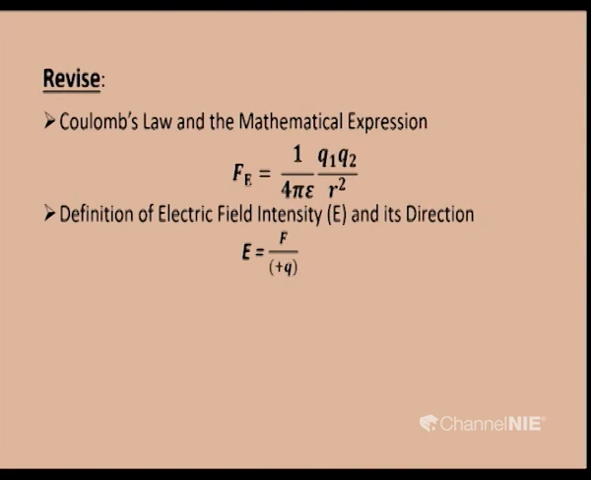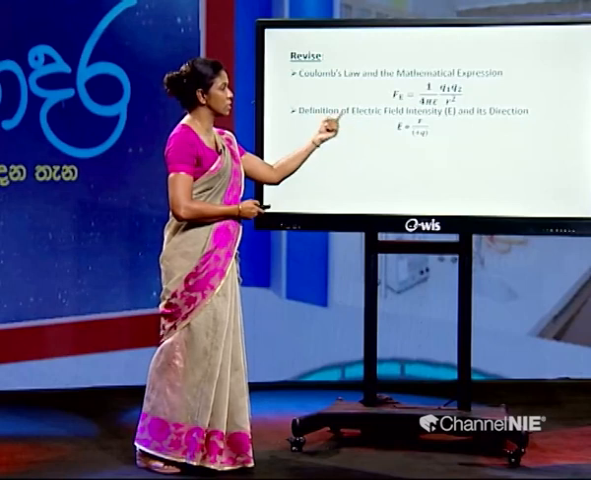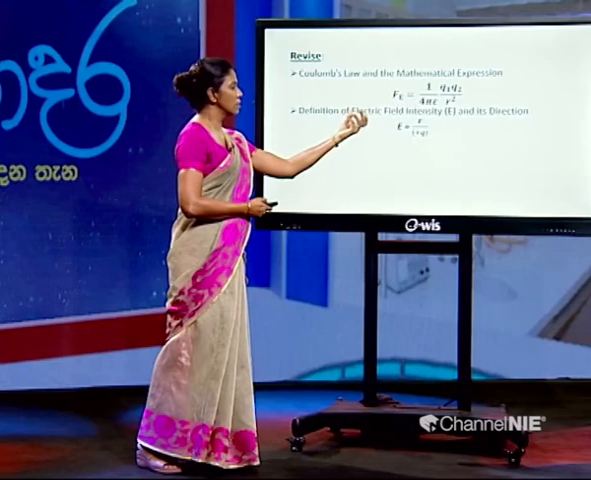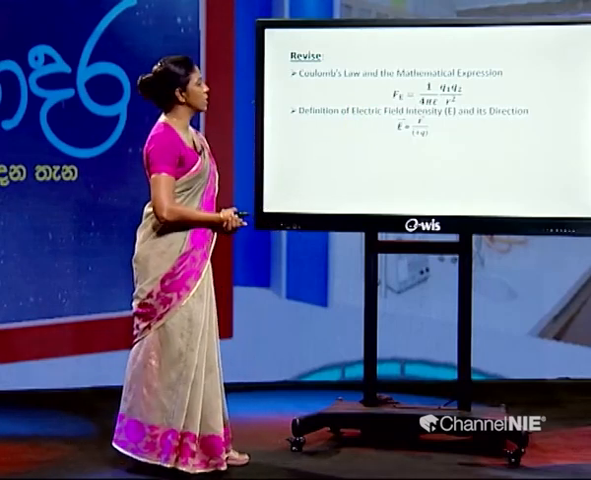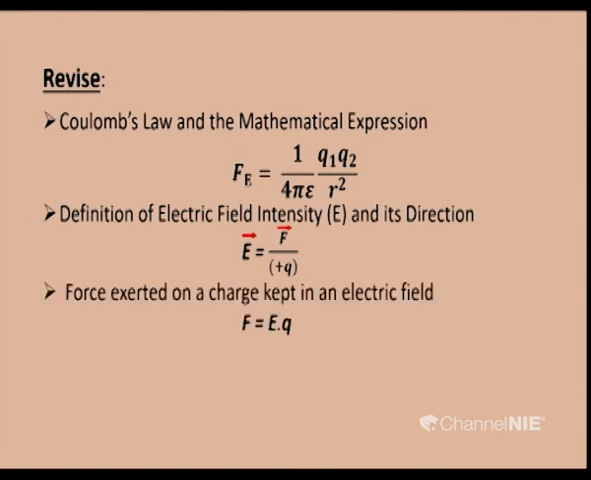We said the electric field intensity can be described as the electric force exerted on a unit positive test charge. So, the source charge creates an electric field, the test charge detects it, and the direction of the electric field, we said, is given by the direction of the force exerted on the positive charge. We extended this saying that if the field intensity is the force exerted per unit charge, then if we kept a charge q in the place, the force exerted on the charge q would be given by the equation